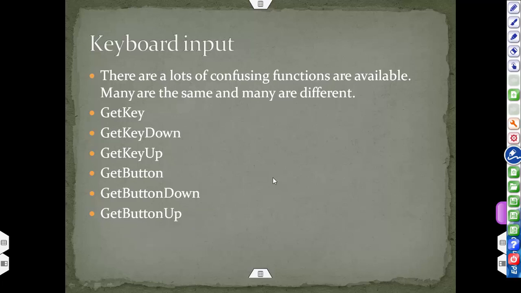So basically, what is the logic behind GetKeyDown, GetKeyUp? We will understand it by this example. Suppose we have a button. So whenever we press this button, what will happen?